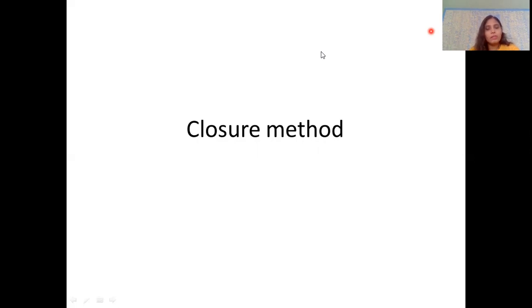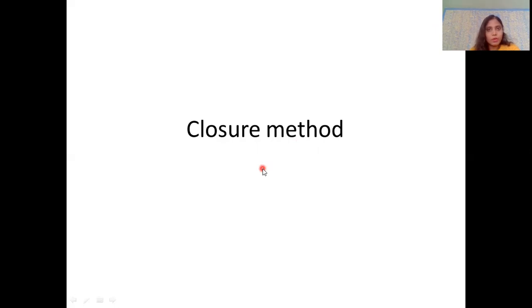In today's video, we'll be learning how to find the candidate keys using closure method. So in the last video, we saw normal forms, candidate keys, prime attributes and non-prime attributes. So in today's video, we'll be learning how to find the candidate keys if it is not mentioned in the question using closure method. So let's get started.